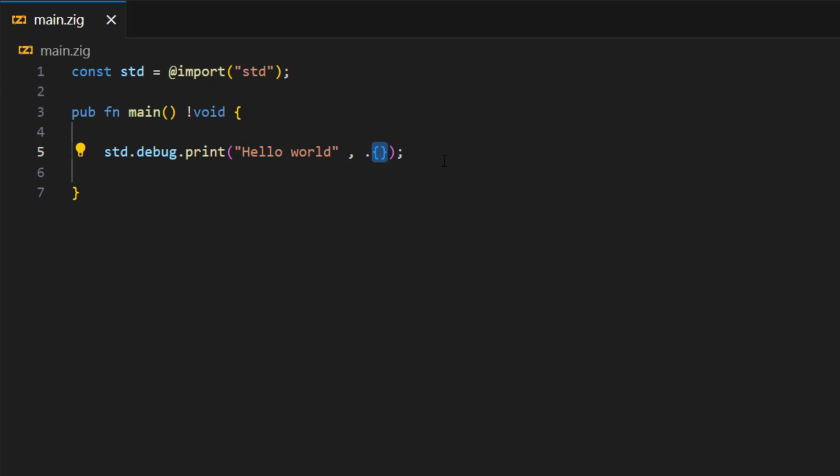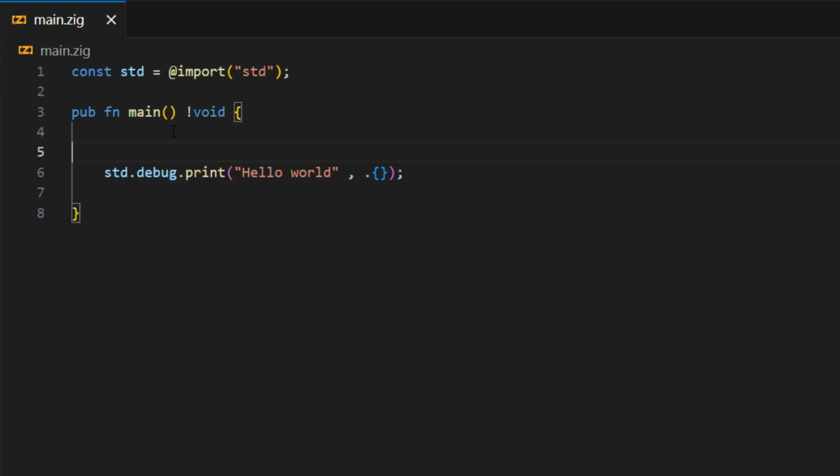These are just formatters, or print formatters. If you're coming from languages like C, you can see this as the equivalent of %d when we are trying to format something. But here we can put some variables. Let me illustrate to you. I can just define a variable, but we'll see variables in later videos. Just follow me. I'll start by saying const, meaning I want to declare a constant variable, followed by the name. I will name it